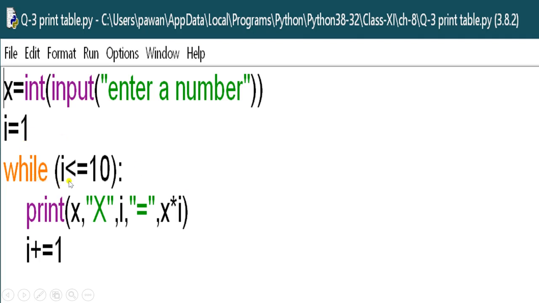Then while i less than or equal to 10, print x multiplied by i is equal to x multiplied by i, and the value of i gets increased by 1. The constant value is x, so it will remain the same, and the i value is updated by 1.